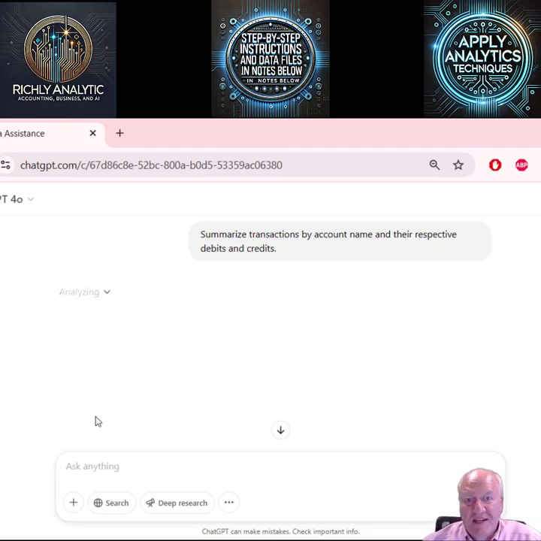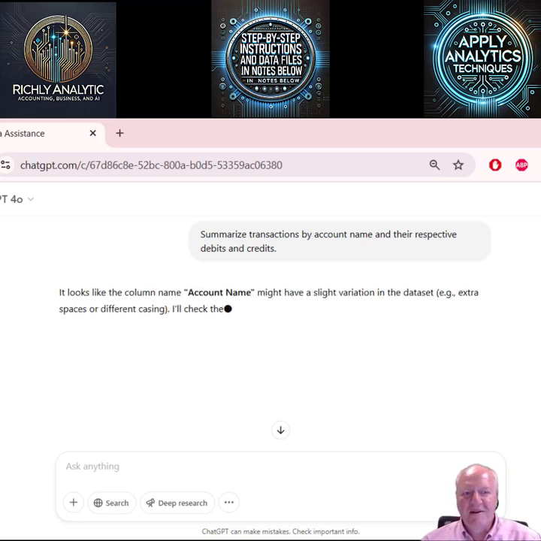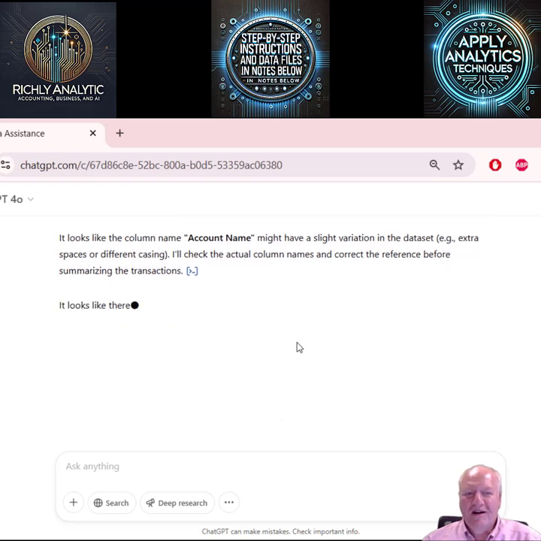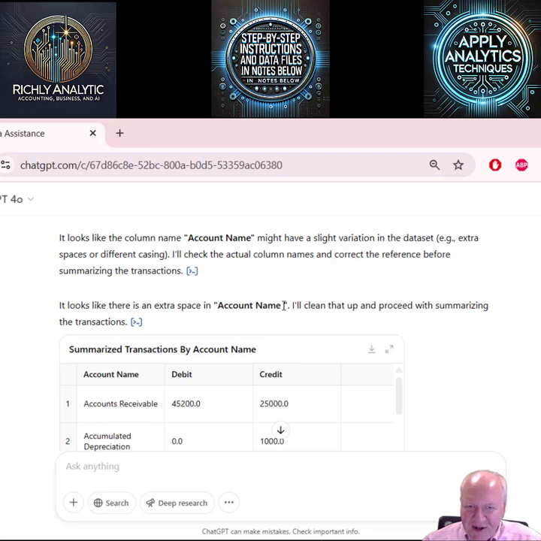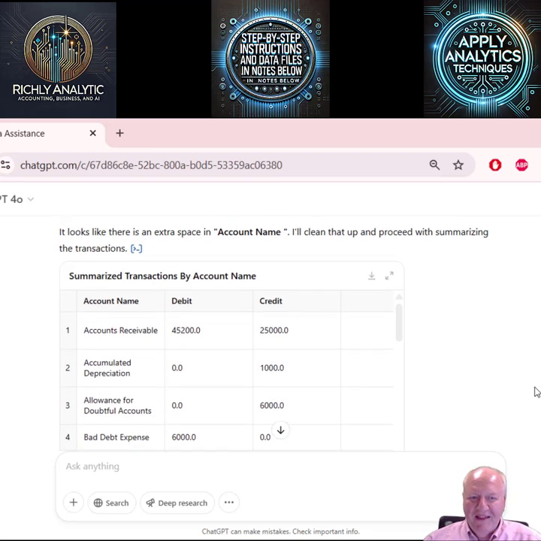Does it know enough accounting to know to add the debits for a certain account name, or the credits, and provide that? What I often find when it does this is that it provides some debits and some credits, and it doesn't know to sum them or net them out. It looks like there's an extra space, so we'll see if it can recover on that and clean it up. Not exactly sure where that extra space is, but sometimes it looks for different things. You can see that extra space right there, it looks like. But here are the various balances provided.